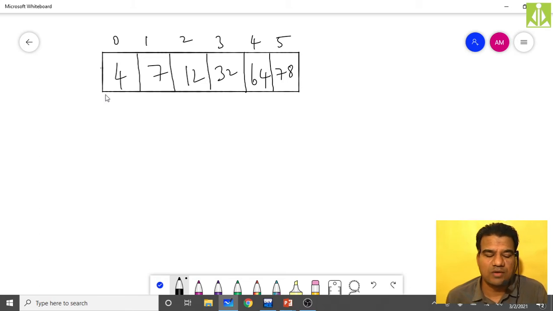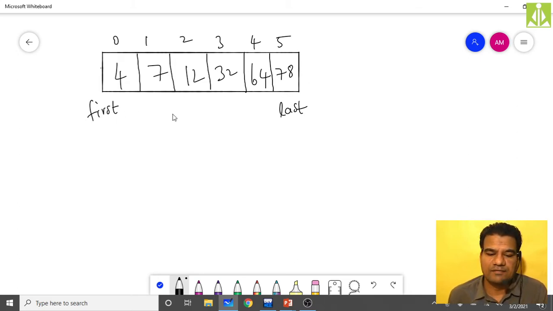So as I said, what we have to do, the first element you take it as first, the last element you take it as last. Okay, so first element, when I'm taking first over here, I'm talking about the index, I'm not talking about the value. Here also same thing, when I'm taking last element, I'm talking about the index, I'm not talking about the value which I stored over here.